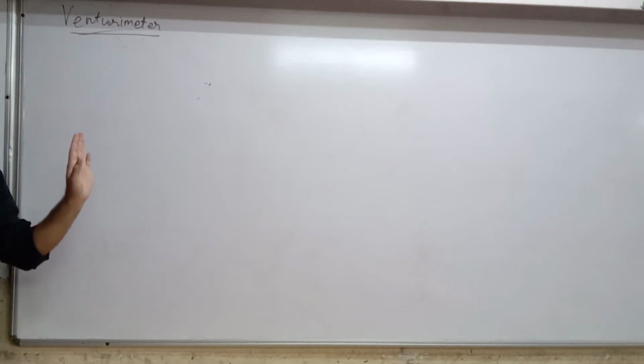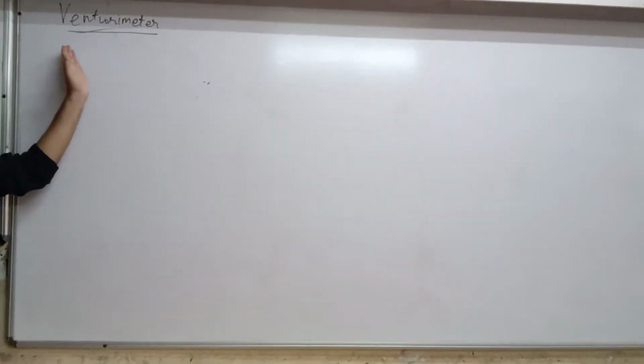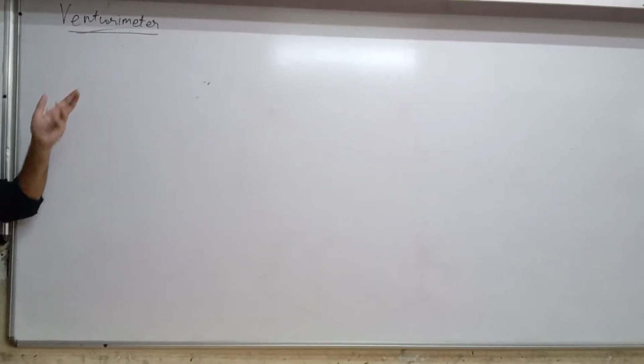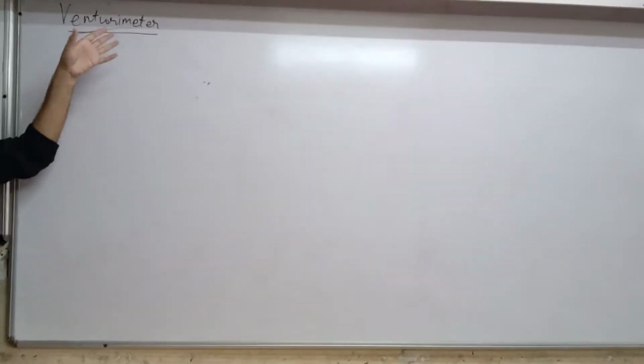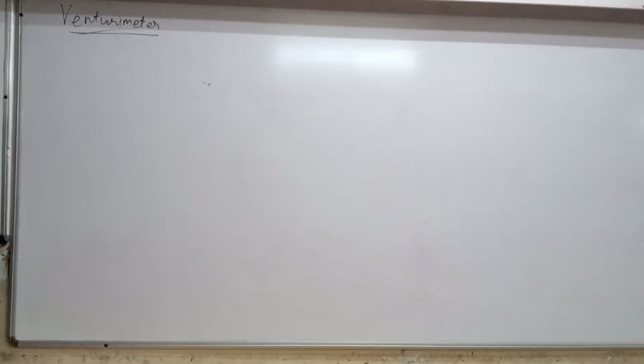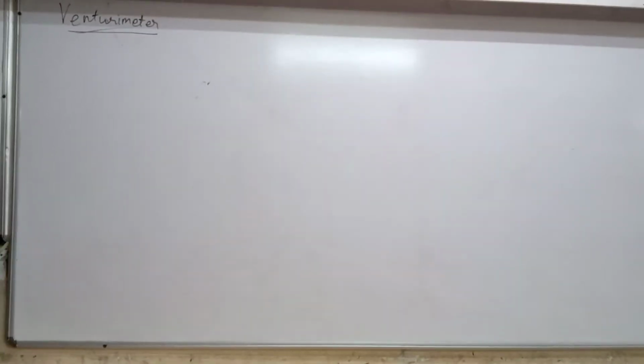I'll be very clear. Why is it called a venturimeter? No idea. Maybe there is some word like Ventura, or probably it's the name of a person. I think it is the name of a person, Venturi. But in the book, like, what again? Nobody learned it, nobody is going to ask me.